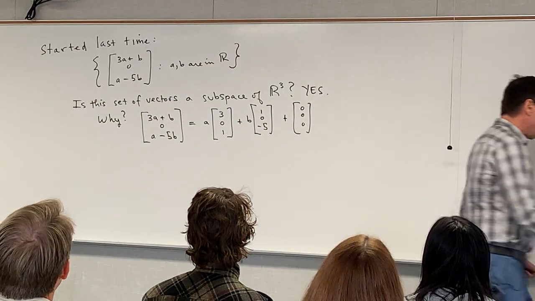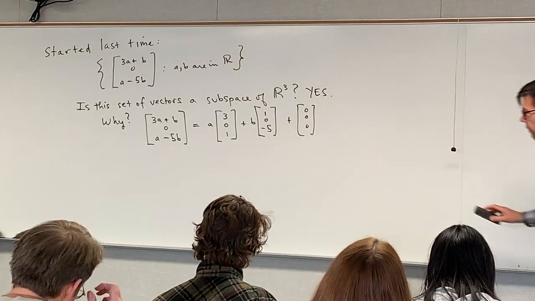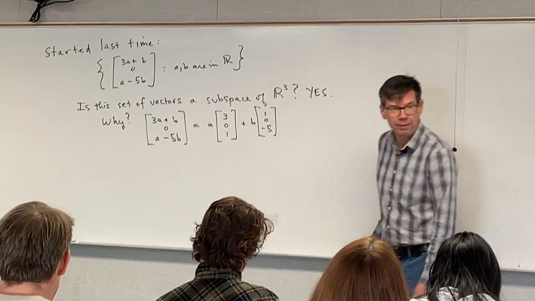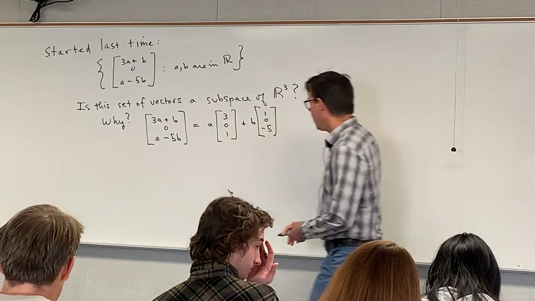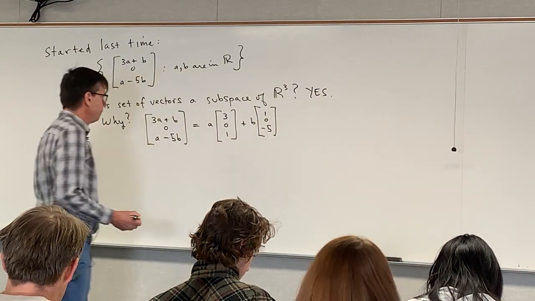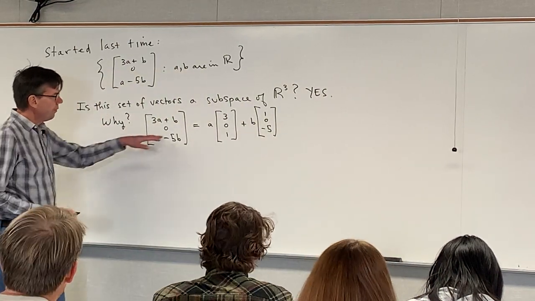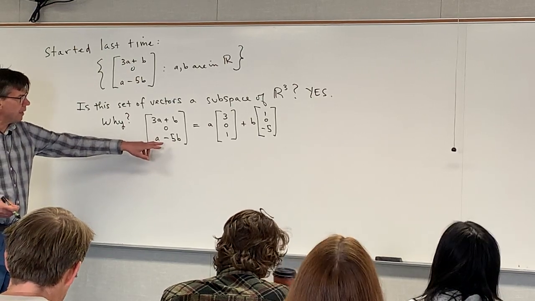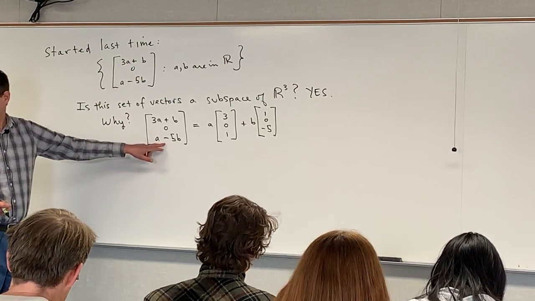If you already have something there, you never have to write plus (0, 0, 0). That doesn't really add anything unless it's all by itself. So if you make that observation that any vector looks like this,